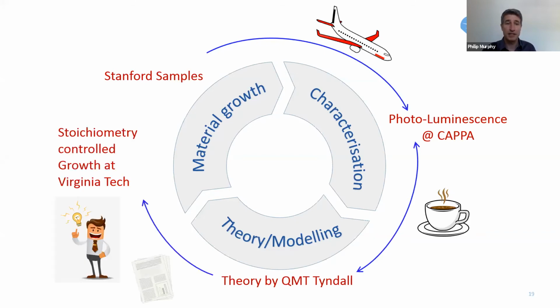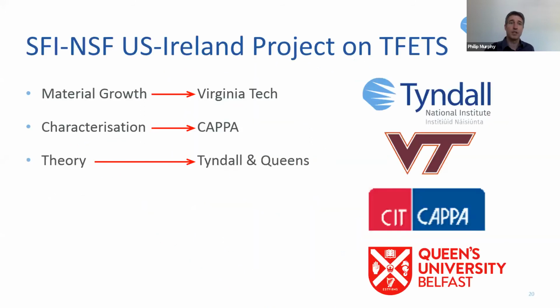This led to a nice paper that attracted the attention of Virginia Tech. The guys at Virginia Tech were really interested, and that made them reach out to us to start a new collaboration on SFI Ireland. We reached out to Queen's to add some more modeling on the interfaces. And this led to a collaboration between Queen's, Virginia Tech, Tyndall and CAPPA, which led to a successful SFI US